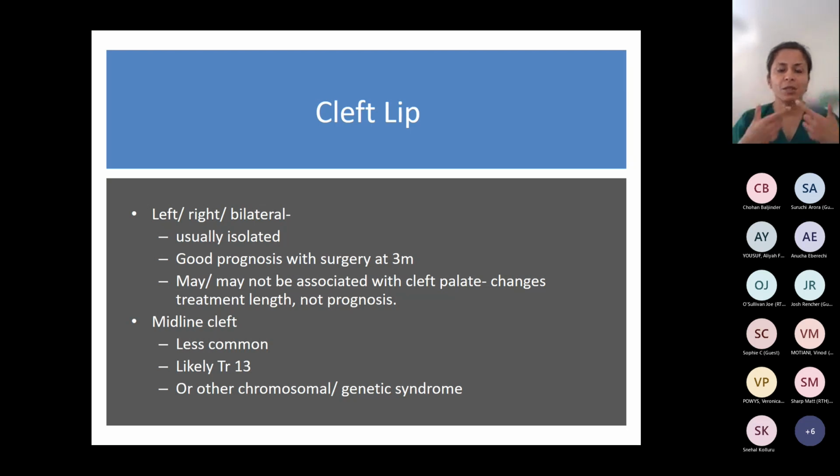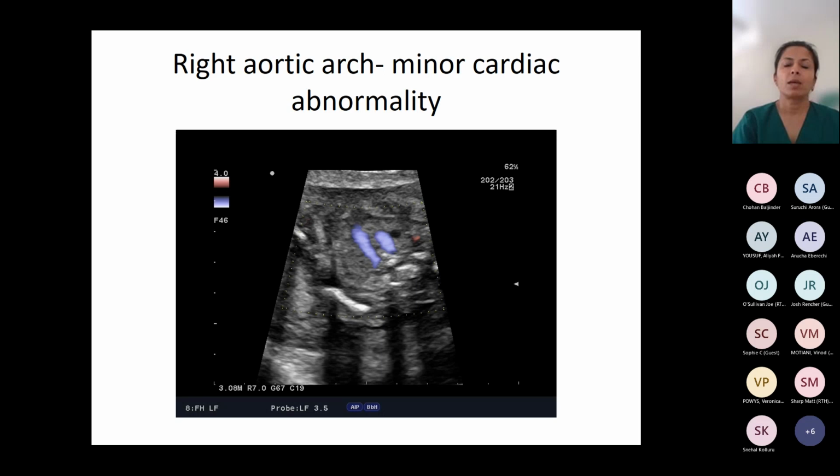because the cleft is the same, it can be repaired in the same way, but the location somehow indicates likely association with trisomy 13. Because most of the problems with trisomy 13 are to do with the midline, all through the midline, and in the brain as well, corpus callosum. Okay,